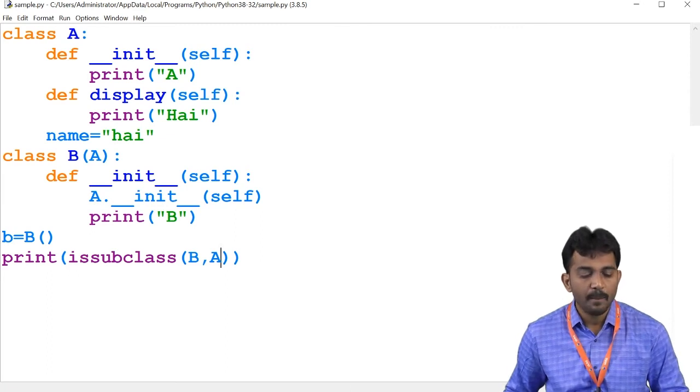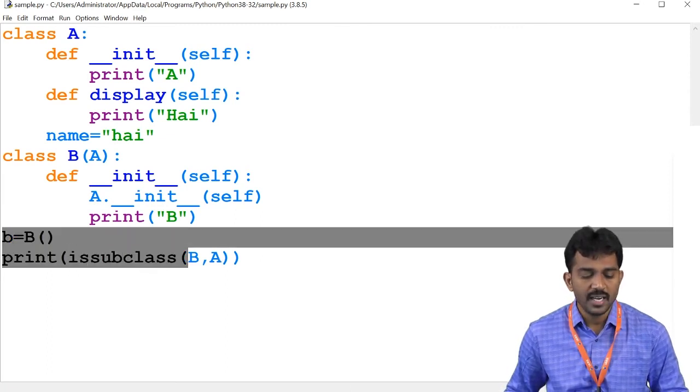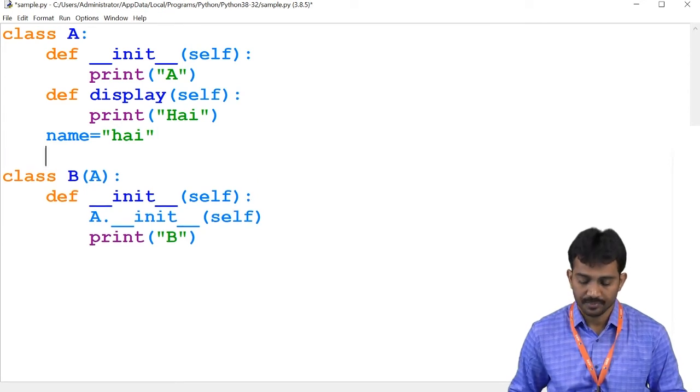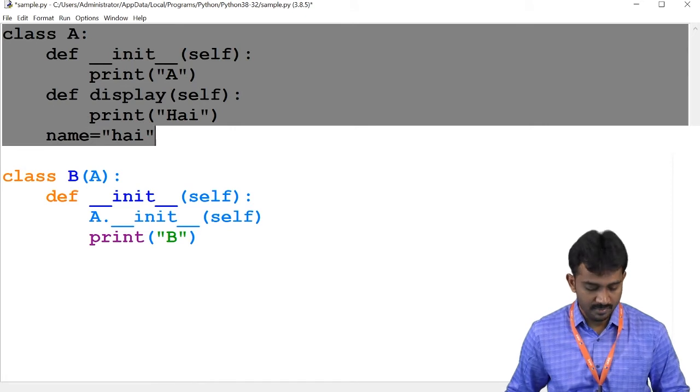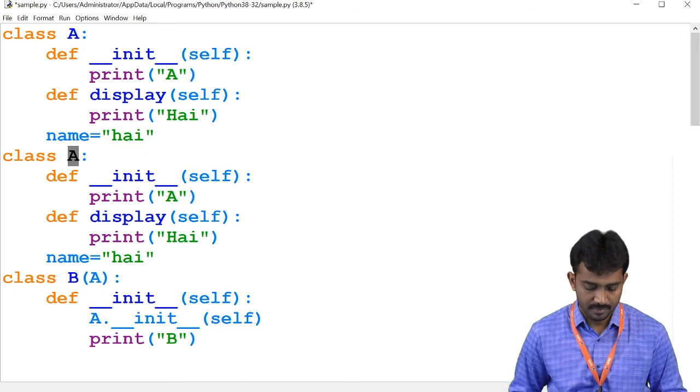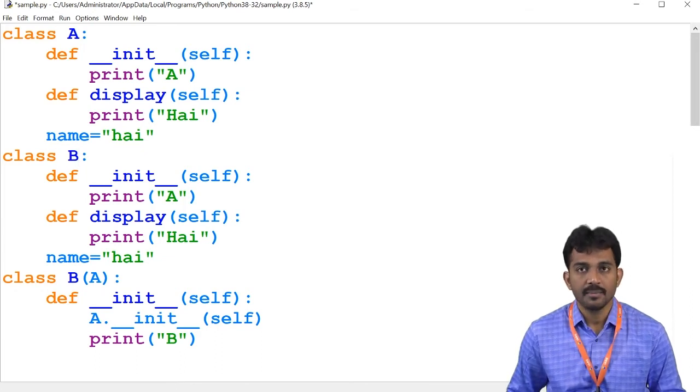Now we'll see multiple inheritance. For example, if you write like this, same A and B. Two are there, right?